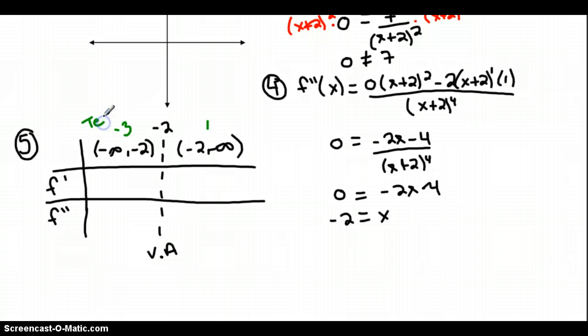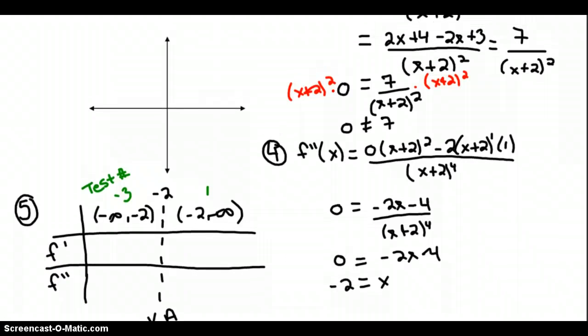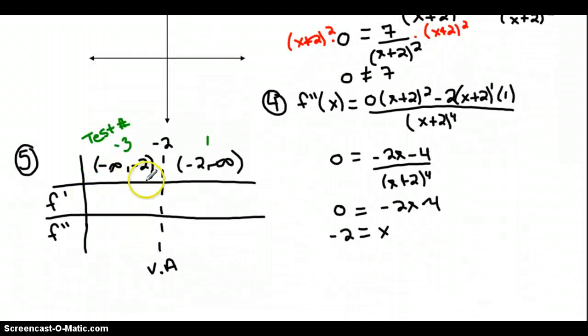our test number. The test number gets substituted into our first derivative for the first derivative test to check whether we have an increasing or decreasing function. And it also gets substituted into our second derivative to check whether we have concave up or concave down at those points. So I'm going to go ahead back up and I'm going to take my,